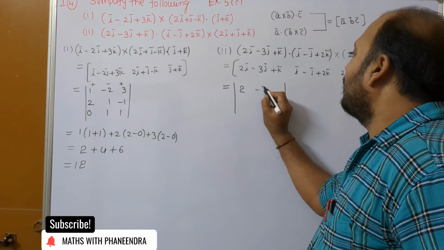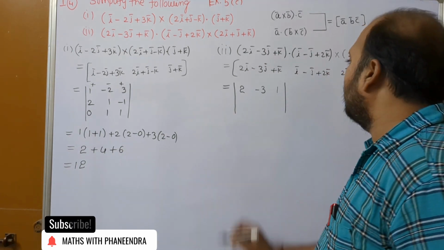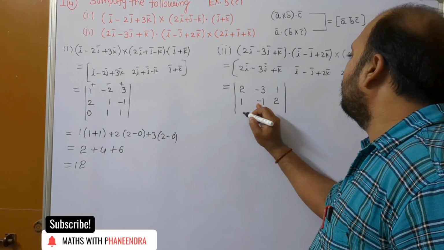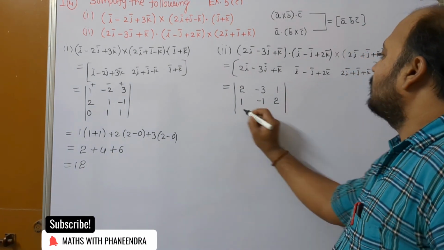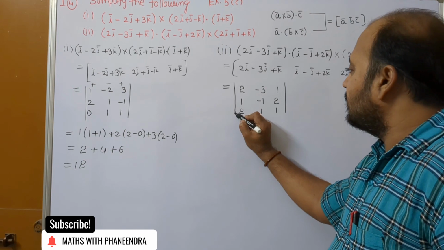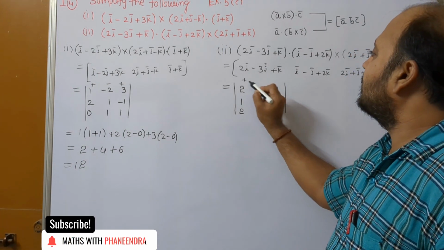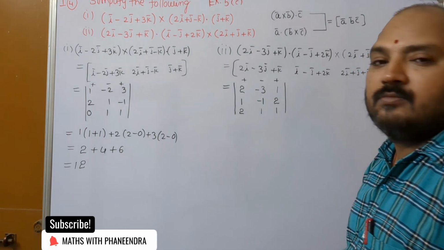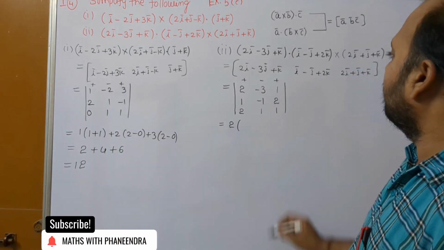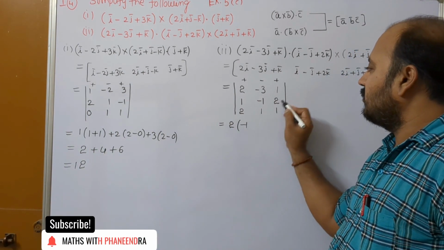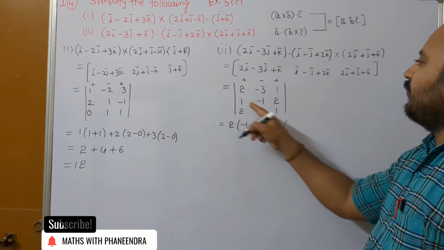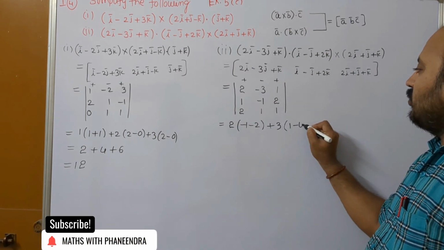2, minus 3, 1; 1, minus 1, 2; 2, 1, 1. So this is the way. So it is plus, minus, plus. So which is equal to 2 into minus 1, so minus 2, minus of minus 3, minus into minus plus 3, into 1 minus 4, next plus